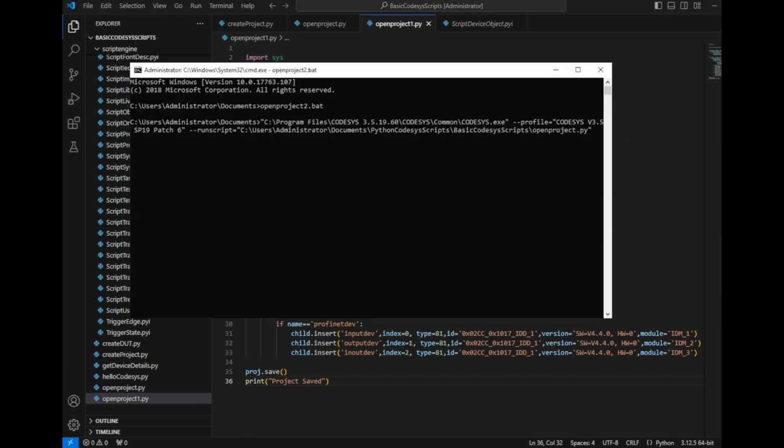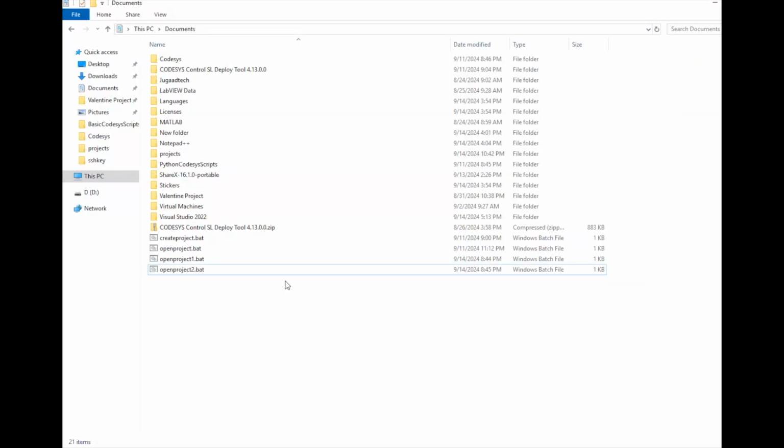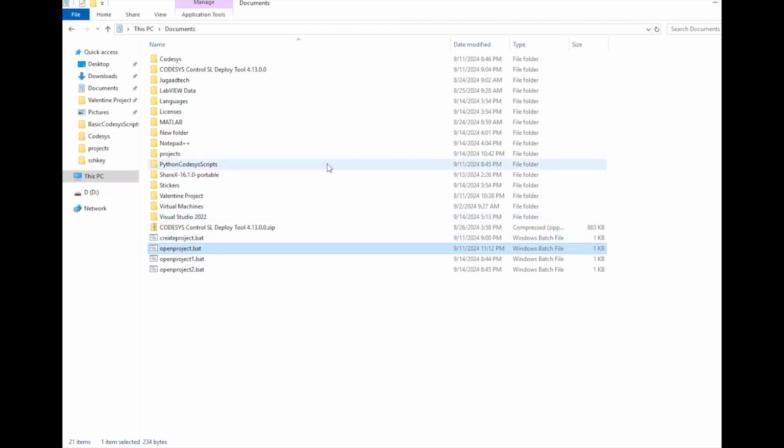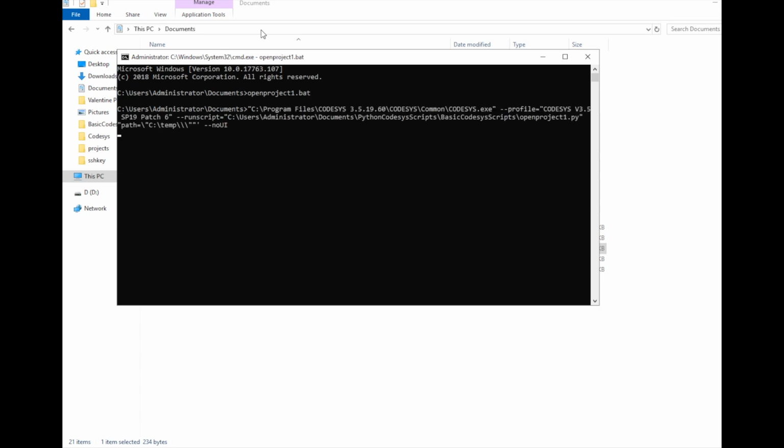So let me go to the command line now, and let me run it. Okay, it has completed the first one. Let me close it, and I will go back to the same document folder. Here I have open project 1 batch and the open project 2. Let me run the command prompt again. Here I will first run the open project 1, which is having a little wrong code. Now you can see it is with no UI,